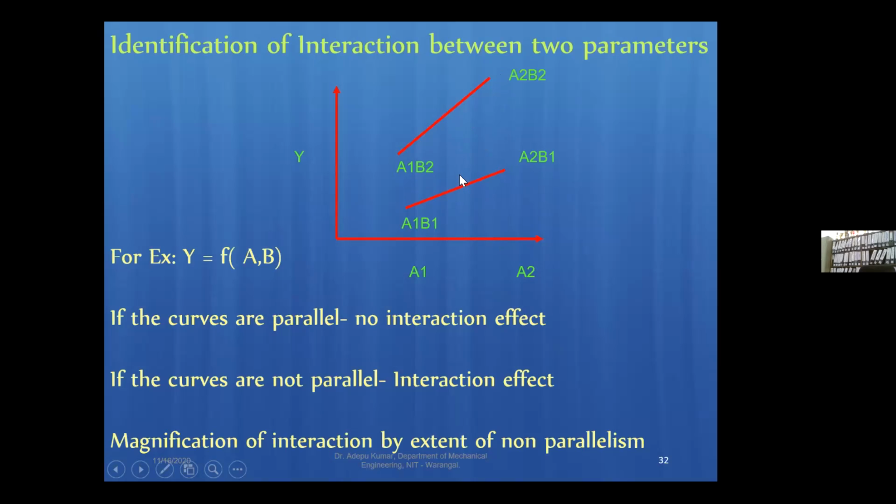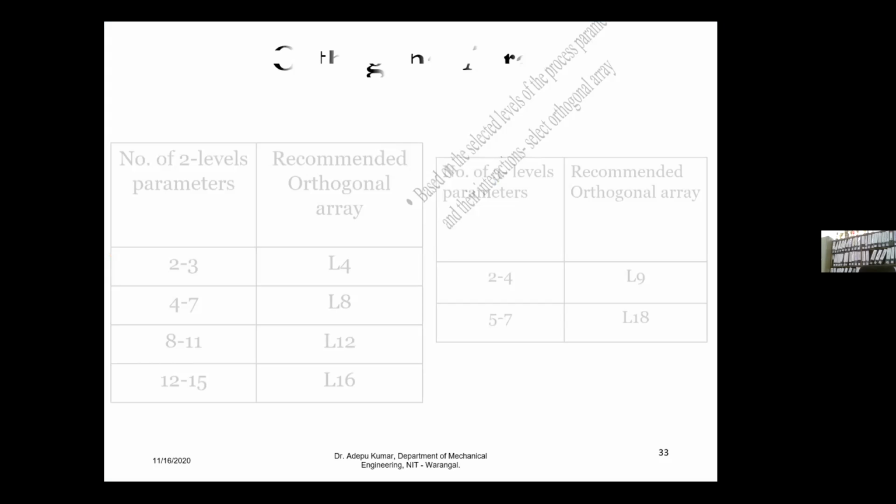There should be a non-parallelism. So if it is non-parallel, there should be interaction between A and B. Suppose the line is similar to this, that is parallel to this one, there will not be any interaction. So by knowing this, the A, B interaction is there. Like that, you can also estimate the interaction effect of other parameters. Then you should come to a conclusion that